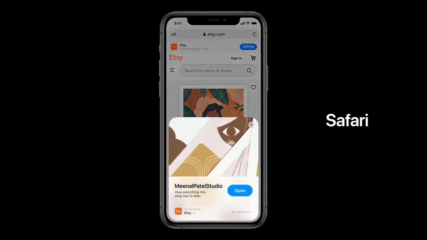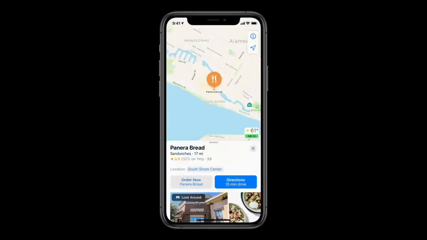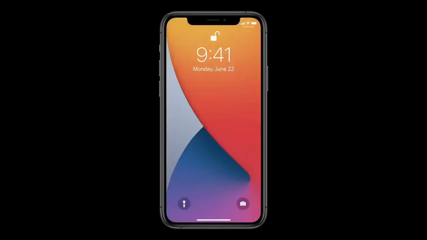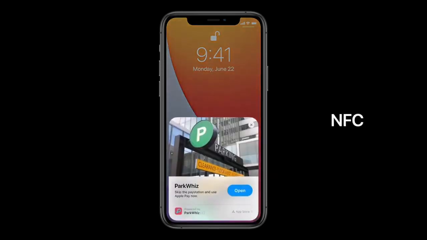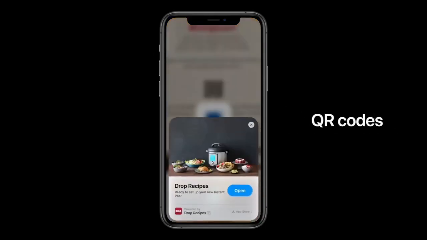App clips can be easily discovered and launched from the web. You can launch app clips from Messages when friends share them with you. When you want to order takeout from a restaurant in Maps, you can launch an app clip right from a place card. You'll be able to tap on NFC tags out in the world on things like parking meters, or you can scan QR codes to launch app clips that work with products you purchase. The best way to discover app clips will be with a new Apple-designed